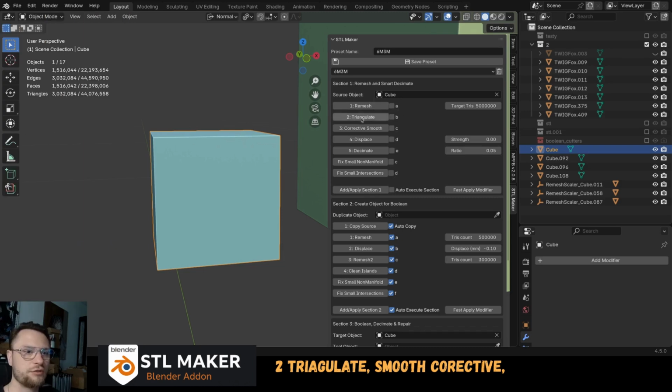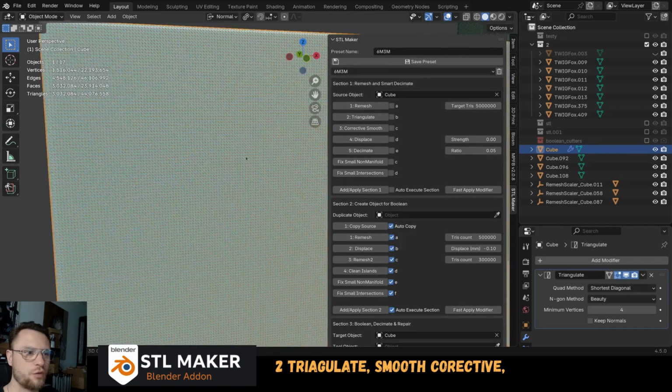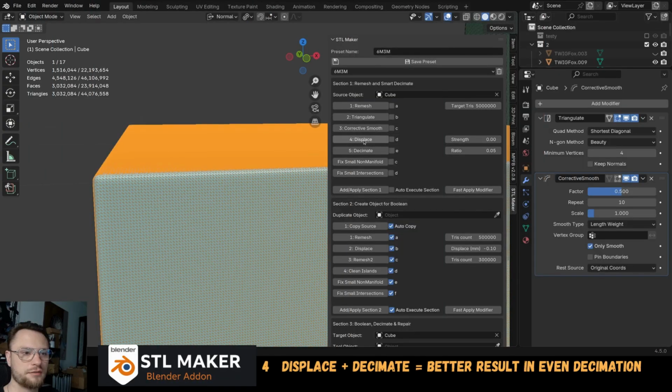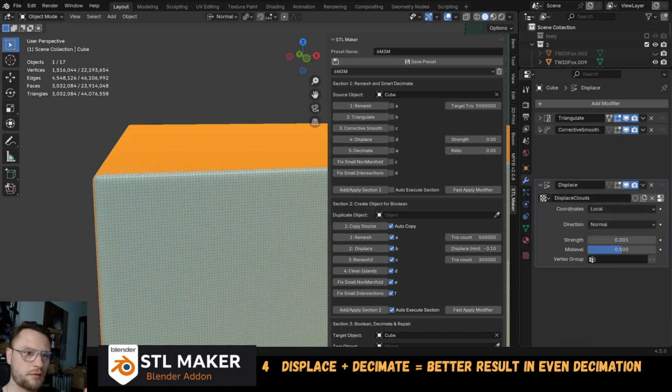Second is triangulate. So you can go triangulate with this. I can show you here. This goes with triangulation and smooth corrective. You can add smooth corrective here. Fourth is displace, micro displacement. This helps decimation be better distributed. So for example, when I hit this